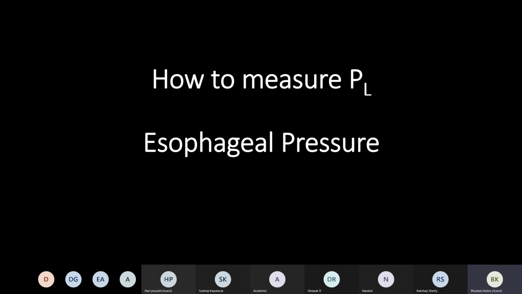Yes, agreed. Like every bedside technology, one needs to be careful and perfect in what we're measuring. For instance, for a CVP, if the zeroing and leveling is not done well, then that value will probably not tell us what we need to know. So very similarly, esophageal pressure also needs attention to how to measure it. But once done well, it gives us very good and dependable values. And that's the beauty of it. But it is challenging, and therefore